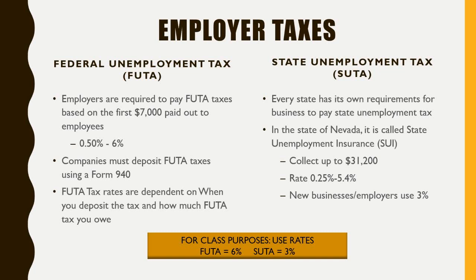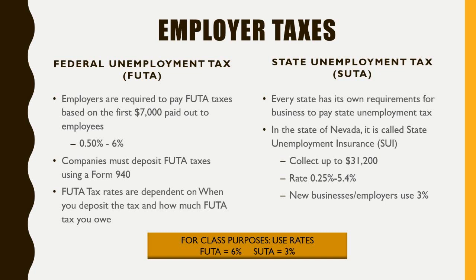And then state unemployment tax. Now, every state is going to have its own individual state unemployment tax. In the state of Nevada, it's called state unemployment insurance, known as SUI. For most states, it's pretty straightforward. It's going to be the state unemployment, and again, it depends on each state and what their percentage is. Okay. And here they can collect anywhere up to